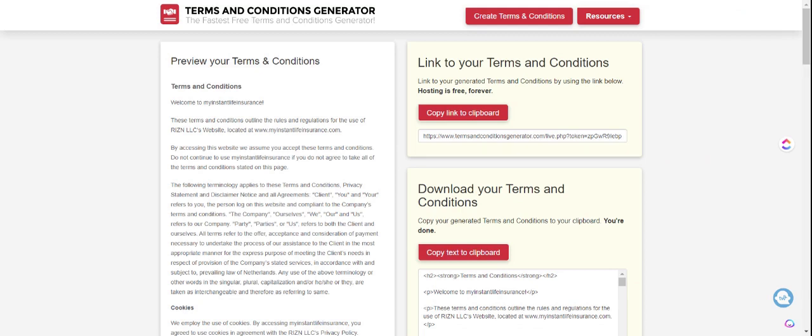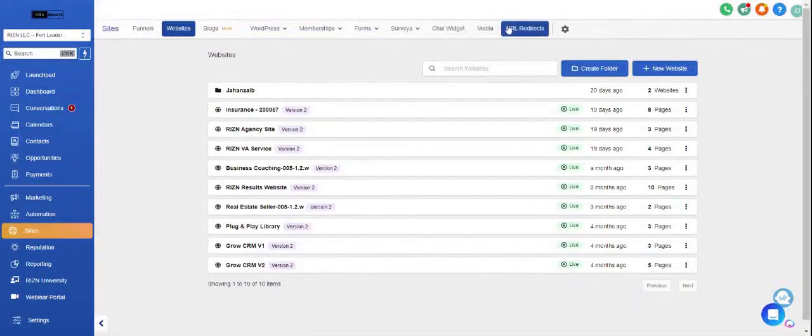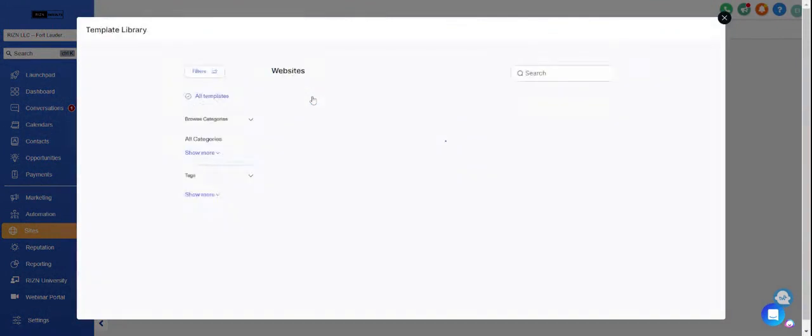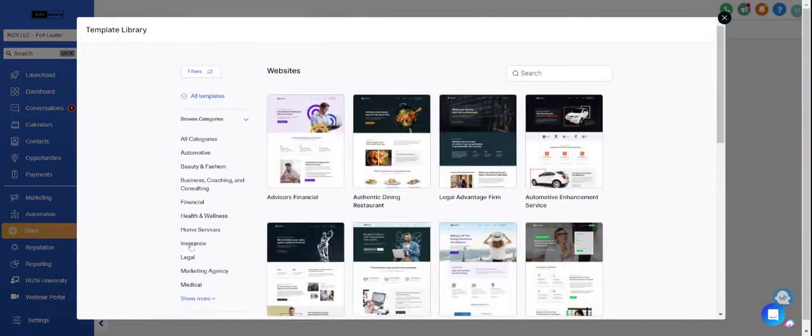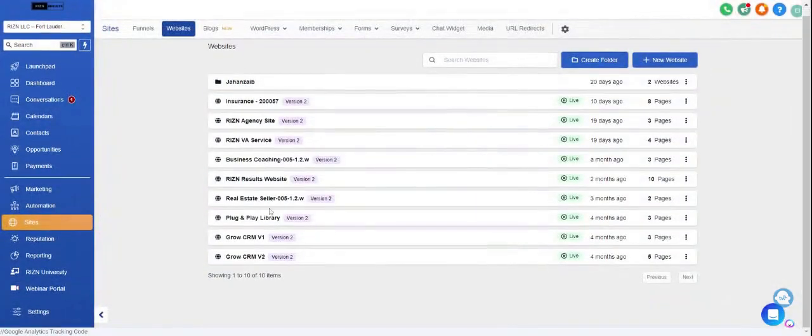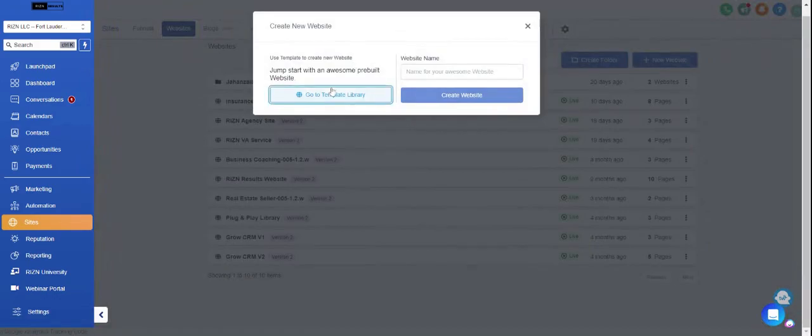So I just realized you didn't see me pick a template, but let me come up here. This is what I did. New website, template library, insurance, and then I pick this template right here, right? And then that should be loading here shortly. Let me see. This was 10 days ago. And that was, let's pick this again. Okay, so